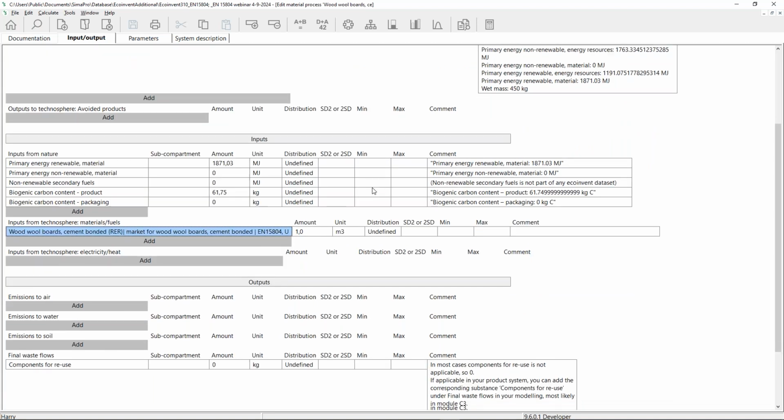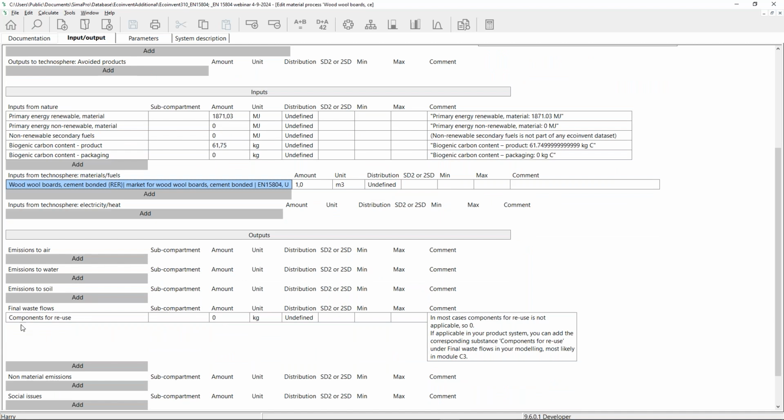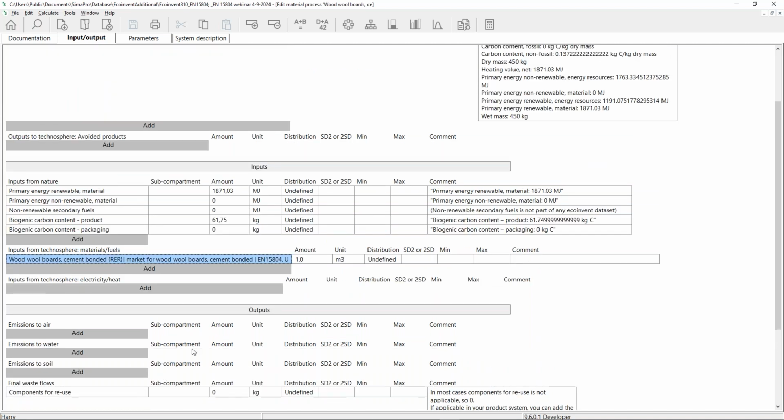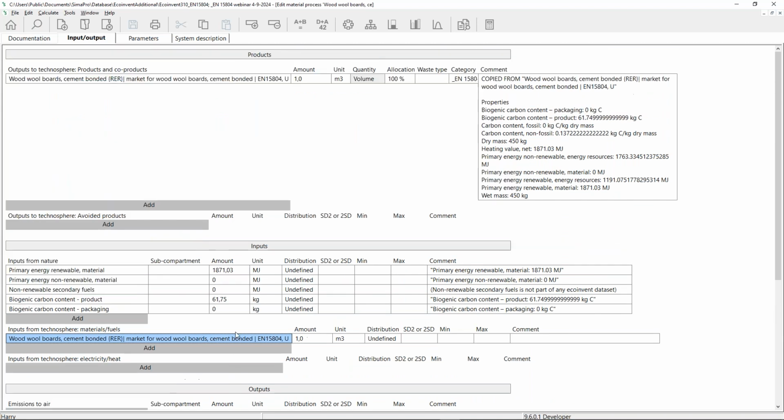For completeness, I also included under final waste flows the components for reuse, but in this case, and I think in all cases, that is 0 kilograms.